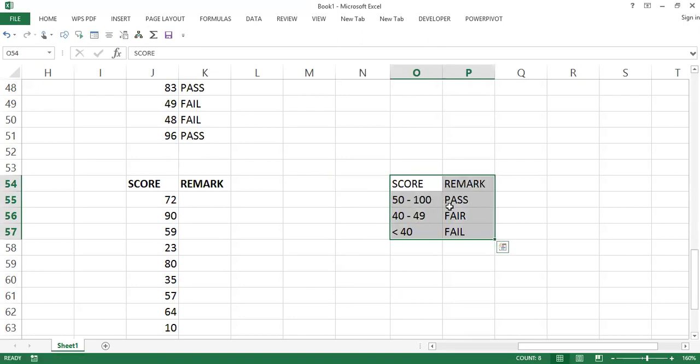Here we have pass, fair, fail. Fair means you tried a little. Okay, so how do we handle this? We're going to say, just watch, equals